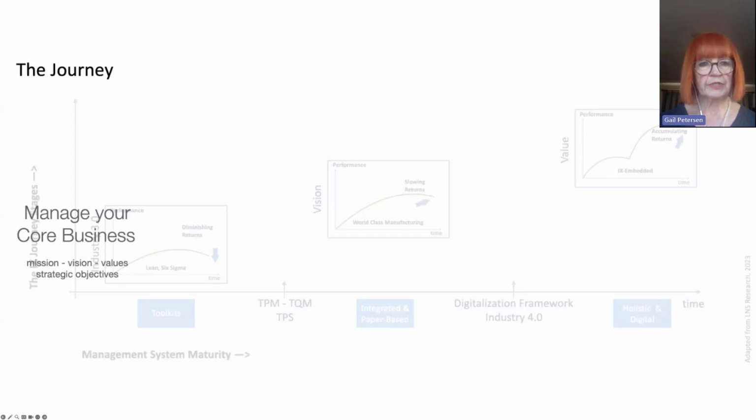So here's our journey. Go to manage your core business. And the mission, vision, and values, strategic objectives, those are likely well known to you. And we're going to talk a lot about mission and vision. And what stays fixed is the values of your company, the purpose of your company. All these other pieces are going to be influenced to change. And you have to have 360 awareness to be able to figure out what's happening. Next, Jacob.